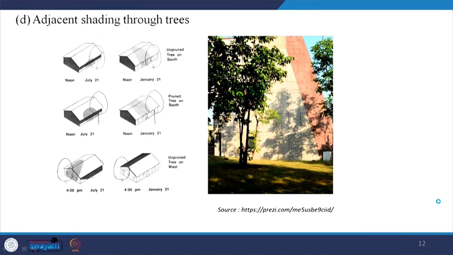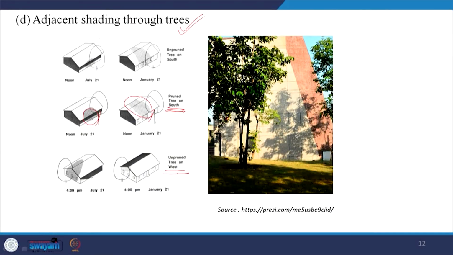The next is we have to plan, we have to design the elements which may provide shading. Trees are one such element. So, we have to optimize and design accordingly the placement of these trees. So, let us see what happens if we plant trees on the south. If we plant evergreen trees on the south, we see that there is a lesser amount of shade which is received in summers, and there is more amount of shade which is received in winters, which is something we do not want in a composite climate,